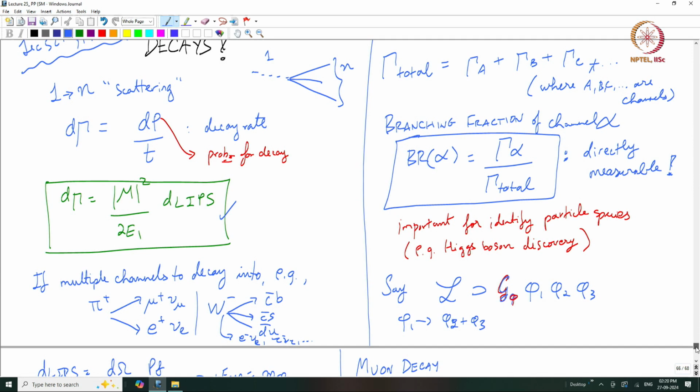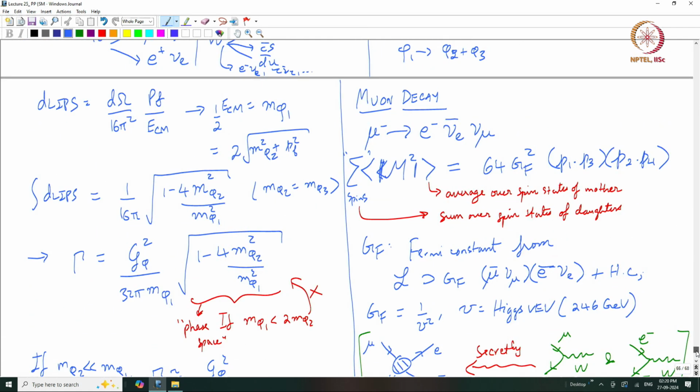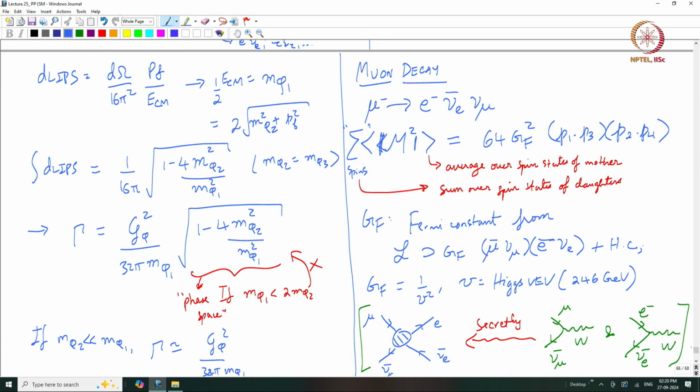the notion of branching fraction, and we saw that the branching fraction could be the unique identifier of a particle, which is just how the Higgs boson was discovered recently, right. And then we saw some subtleties about how to get the decay rate from Lagrangian parameters, and in particular if